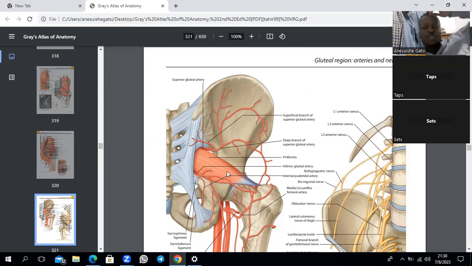So here's how I want you guys to remember. There's a thorax, then there's the abdomen, then there's the pelvis, then there's the lower limb. So whilst we're in the pelvis, we're going to have the hip bone. We're going to have a pelvic diaphragm. It's a muscle that forms a floor in the pelvis. So things that want to leave the pelvis to go below the floor into a region called the perineum, they can't pass through the floor. Imagine